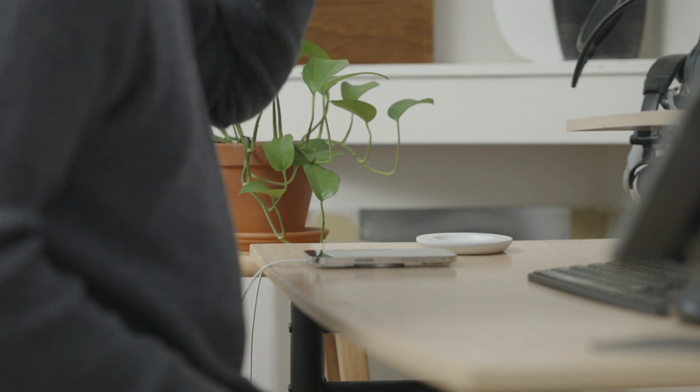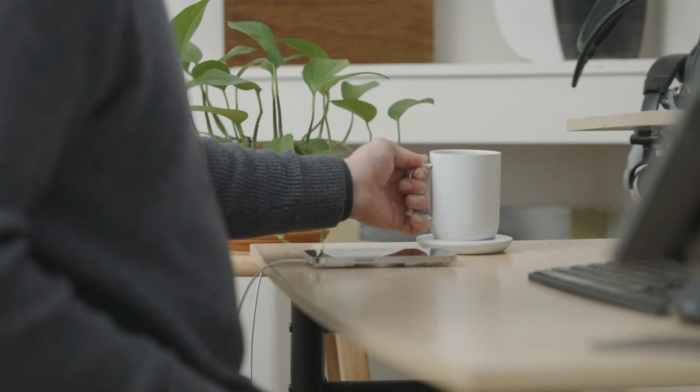It's so nice because how many times have you made a cup of coffee only to get distracted and come back an hour later to a cold coffee? Then you either heat it up in the microwave, ew, have cold coffee, also ew, or make another cup of coffee and pour out your old one. Wasteful. And on the surface, this mug to me is the perfect tech product because